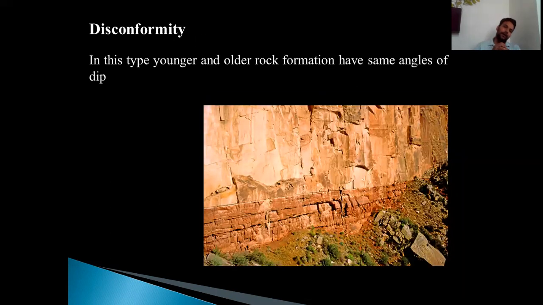Disconformity. In this type, younger and older rock formations have the same angle of dip. Now, in angular unconformity, it was very easy to differentiate between top and bottom sets. But in disconformity, what will we do if there is the same angle of dip among all the beds? In that case, you have to search for erosional activity evidence,